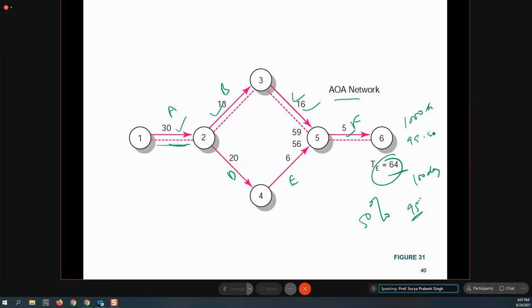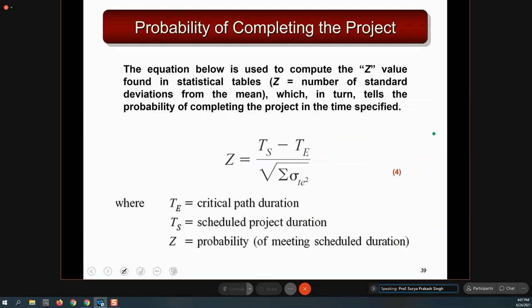If I ask what is the probability that you complete the project in 3 years of time, still you cannot say 100% because you never know what uncertainty you can face in 3 years of time. But your chance will be very high that you would be able to complete. That is the logic. How to know this? We have the formula with the help of the Z score from the normal distribution, where this is the scheduled time, this is the estimated time, and this is the standard deviation of the project. So this square ऐसे होना चाहिए. Okay, standard deviation of the project. If I ask what is the probability that you will complete in 64 days of time, तो ये आपको पहले से मालूम 64 and this you got it.